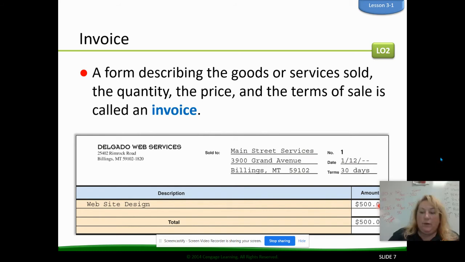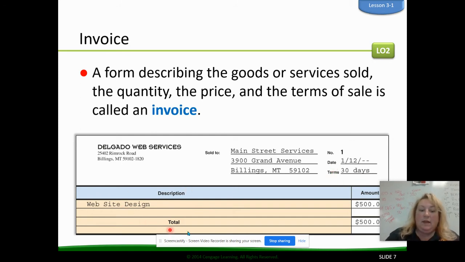The next type is an invoice. So that invoice, our example is always Web Delgado. So it has who we sold it to or who we bought it from. It has a number on it, has the date, it has the terms in which we have to pay back, right? Because if somebody buys from us on account or we buy from somebody else on account, we always have to have terms because some of these terms, if we pay early before that 30 days, they give us a discount. So we always have to have that